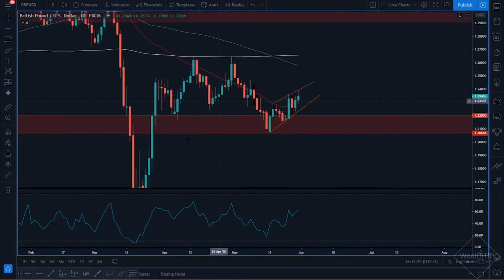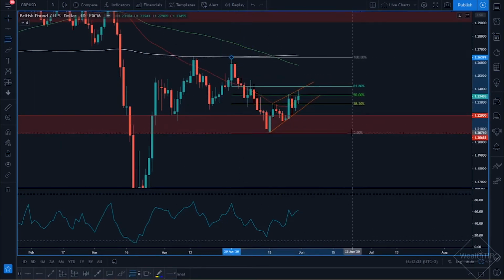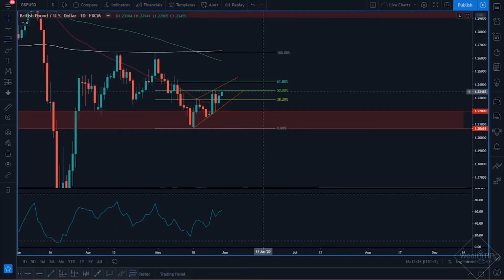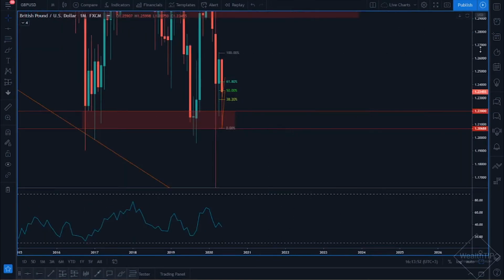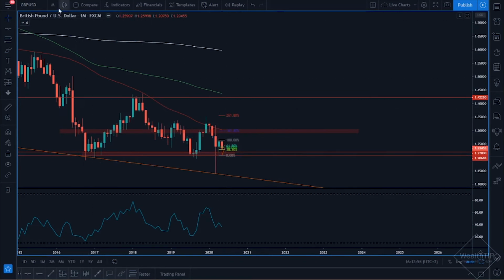Now, the reason for that is because if we measure from the beginning of the trend all the way to the end of it, we can see that this is actually a 50% fib rejection. And this is a beautiful setup. I mean, if I look at it, this market could offer you a very nice short opportunity. But the problem that I have with this is that all of this information is collected on the daily time frame. And so this conflicts with the fact that the market on the monthly time frame suggests that we could actually see the market running further to the upside.